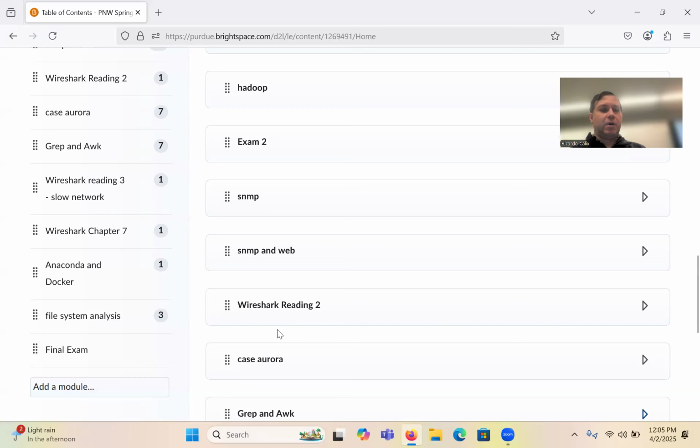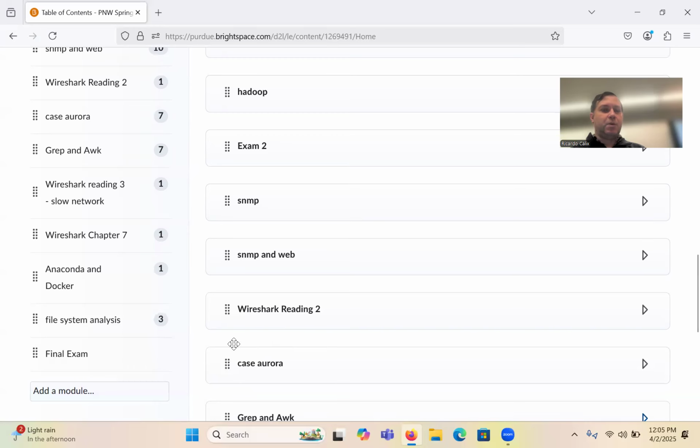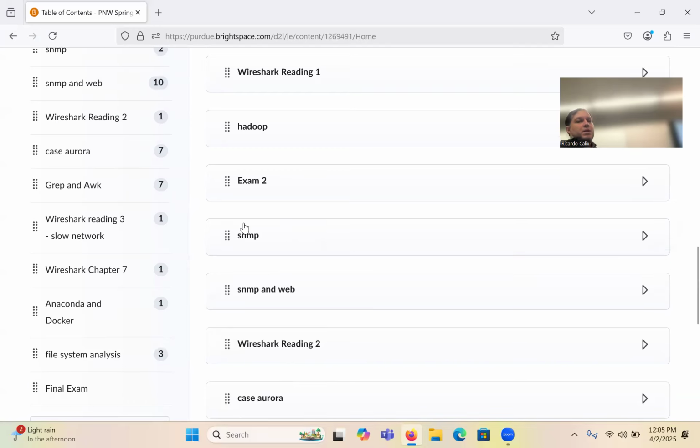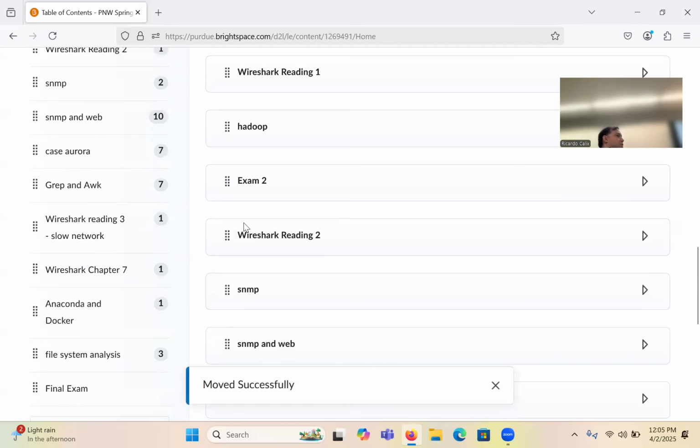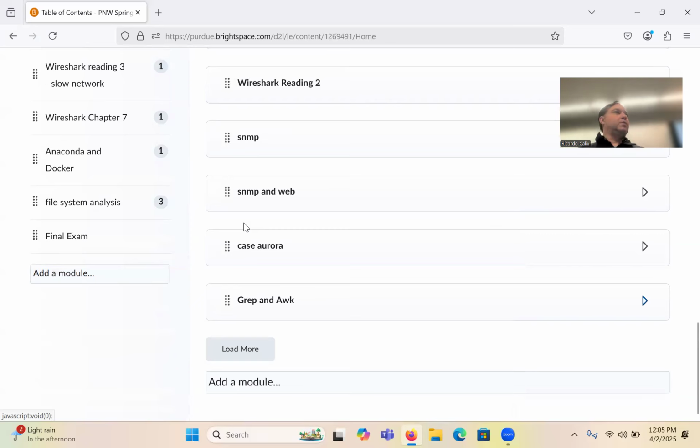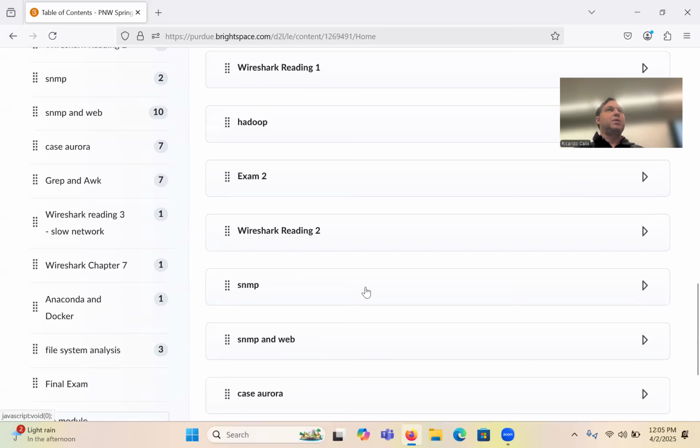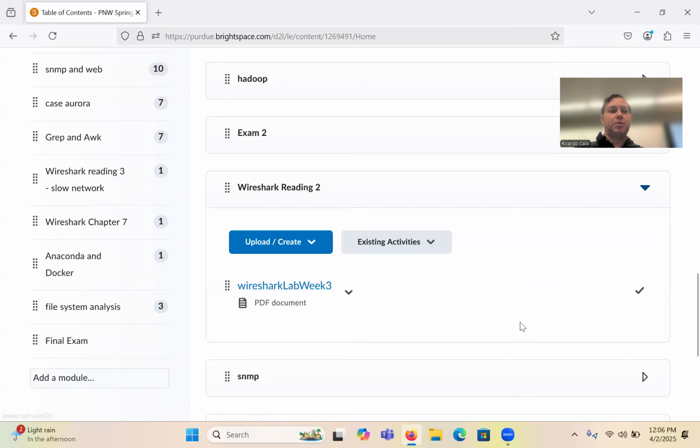I will give you a homework assignment, which is going to be another easy one: Wireshark reading number 2. I think I've graded a lot of those already and it's pretty straightforward. So you get a second Wireshark reading this week. Bash scripting, I may create a homework with a few problems, but it's a lot of scripts that we're going to go through, so no homework on Bash, at least today. But let's talk about the Wireshark reading real quick.